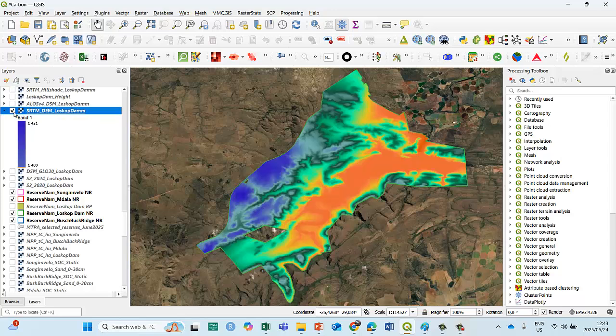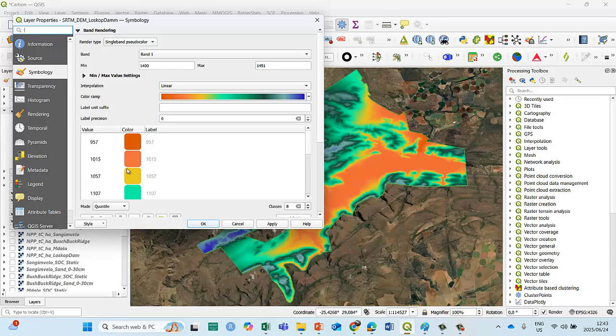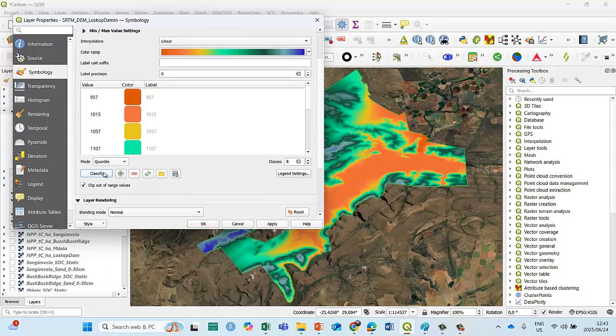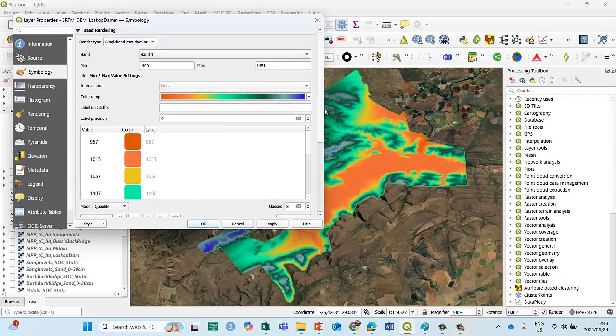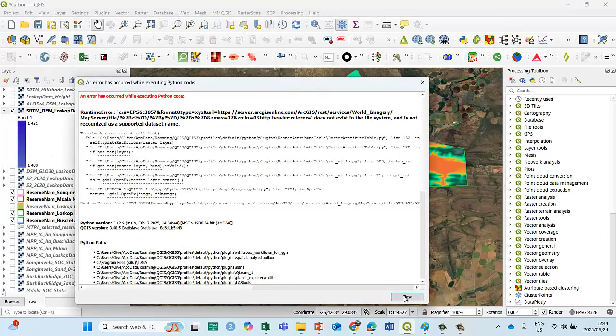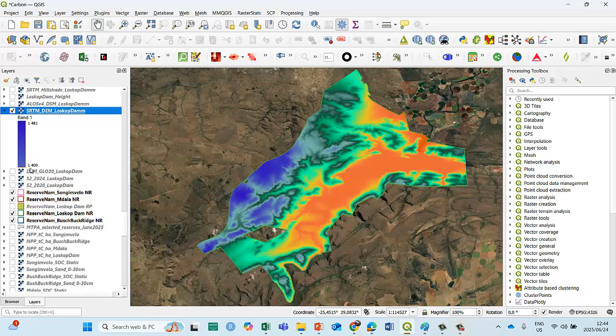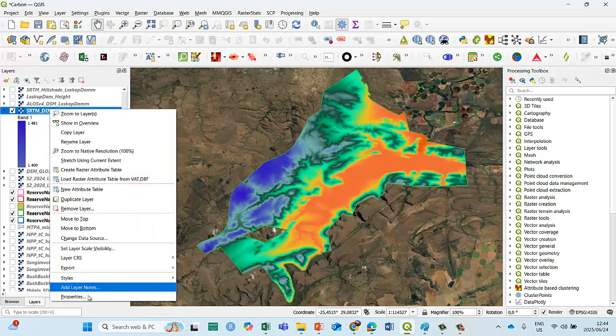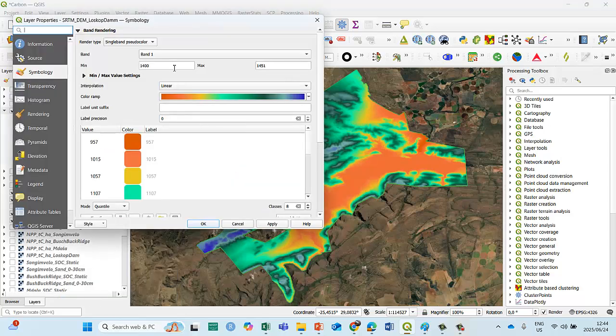Why is it not doing that now? That's supposed to show all these other colors. Classify, sorry. Clip out of range. Why is it not doing this now? Cancel. Why doesn't it want to do this now? It's supposed to just show values from 1,400 and up.